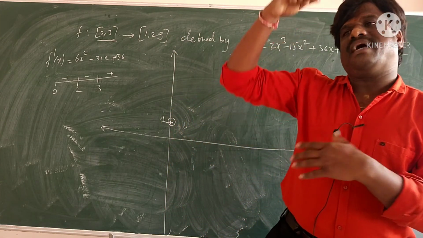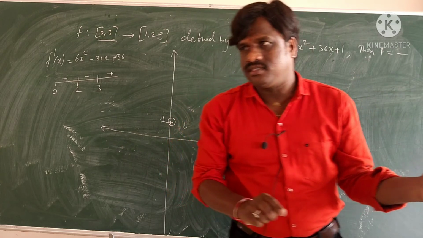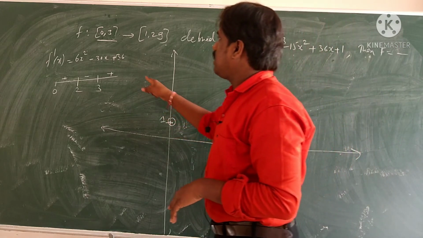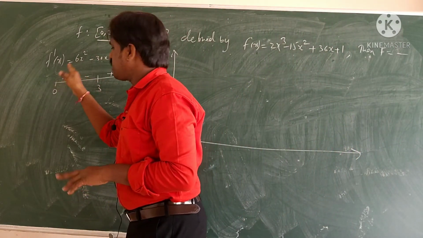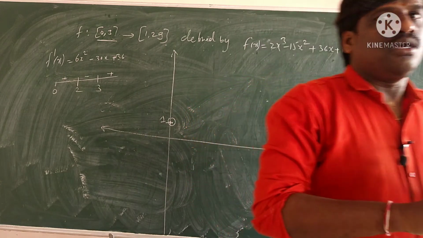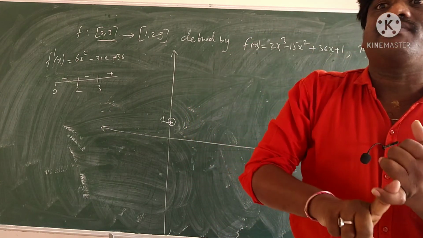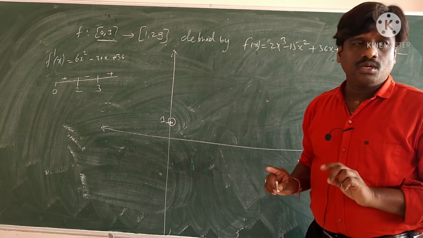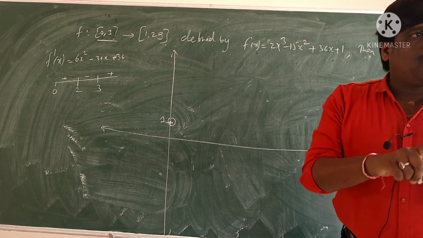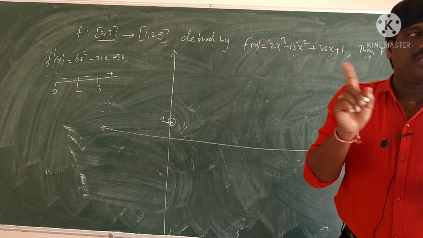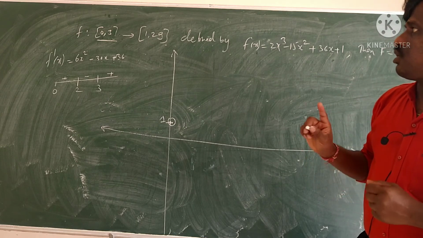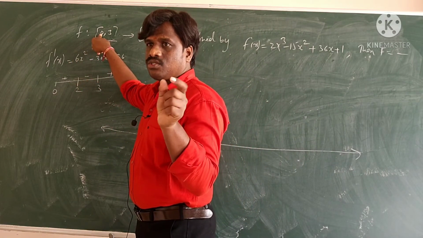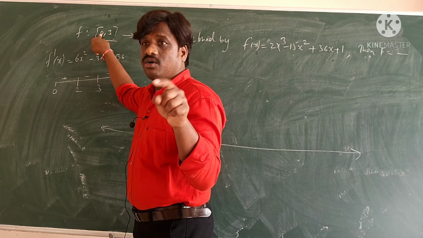A function will become maxima or minima at its critical points. So at that critical point, this will become maxima or minima. The domain is 0 to 3, and f dash of x has factors 2 and 3, so at the critical points of f dash of x we get maxima, minima. So f of 0 I got is 1, and 2 I also have to check. 0, 2, 3 I have to check. Why did I check 0? Because the domain interval starts at 0. Oh sorry, f of 0 I got is 1.